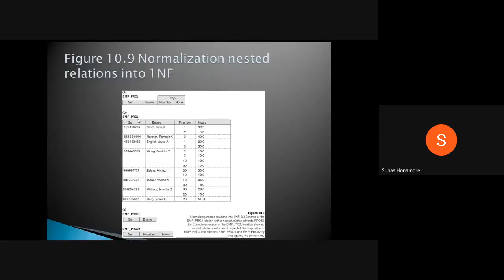So this is one row of the employee project table, and inside it we again have five rows. This is a nested relation. These things are not allowed and are not in 1NF. So what we have to do is split the table.